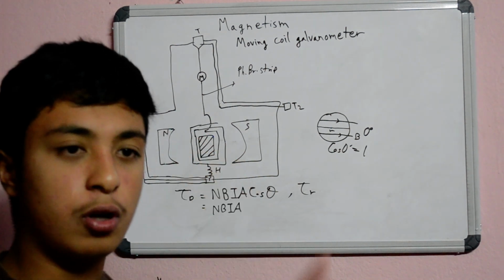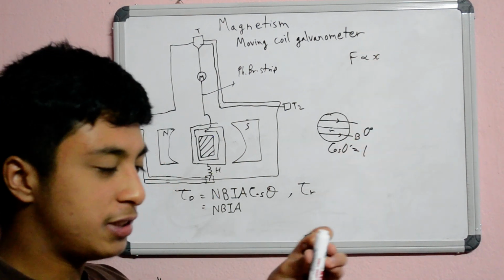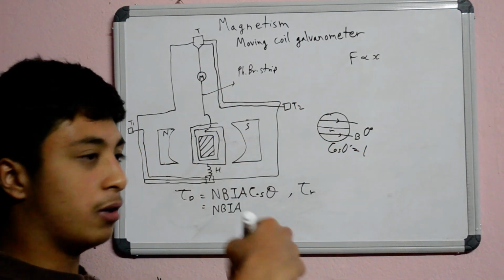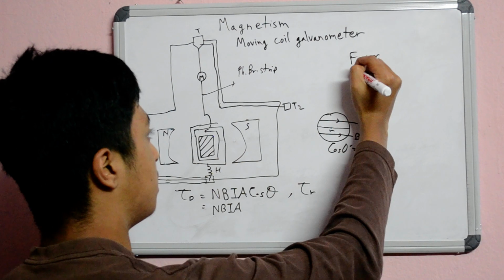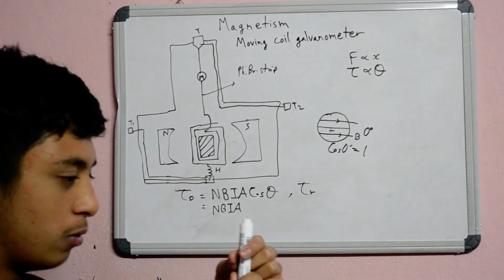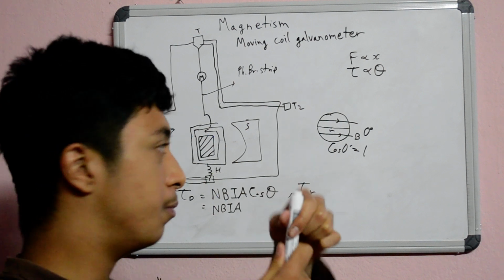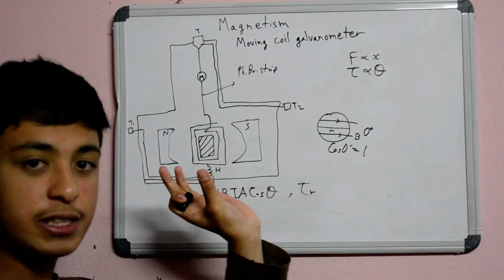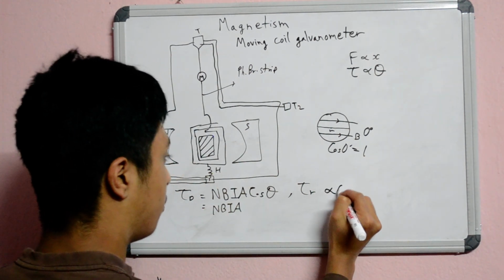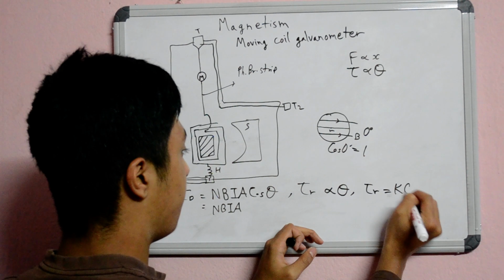Now, what is the restoring torque? Well, if you remember Hooke's law in class 11, you know that the restoring force is directly proportional to extension produced. The more extension there is, the more restoring force there will be. So similarly, in terms of angular terminologies, the torque will be directly proportional to angular displacement. The more angular displacement it experiences, the more restoring torque there will be. And eventually the deflecting torque and the restoring torque will be equal. And here this will be directly proportional to theta, or tau r will be equal to k theta,